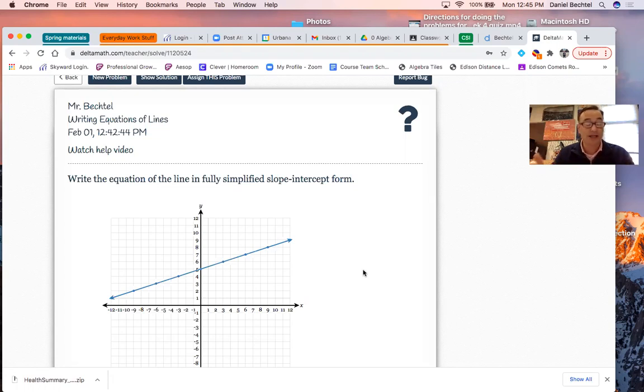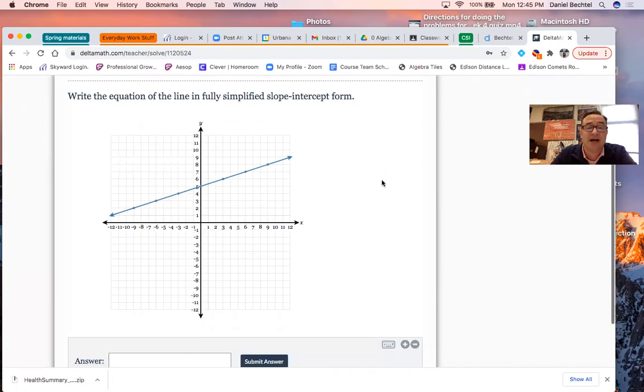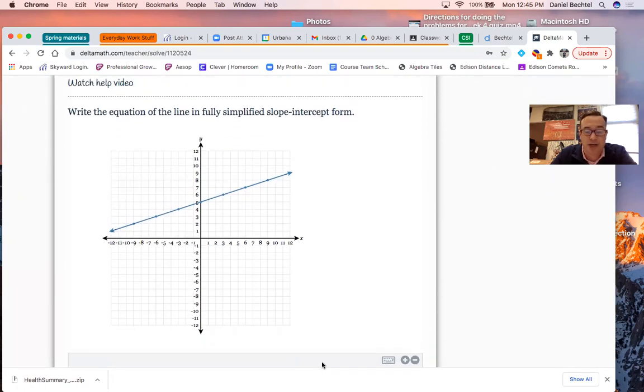These are all wholly new things that I didn't even think were possible, but it's possible that we could do that. So what I want to do right now is to show you how we would do a problem like this if we're going to be writing it in slope-intercept form. Now, guys, I'm going to try to do this in such a way that I'm annotating, so I'm typing some things here. When we say slope-intercept form, that means we're going to be doing this in terms of y equals